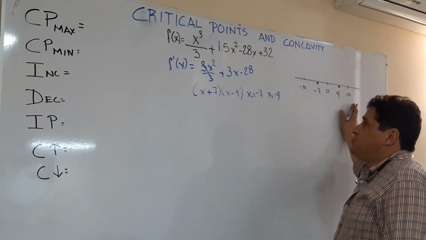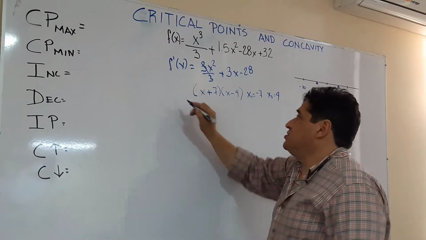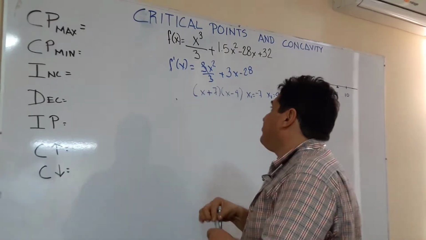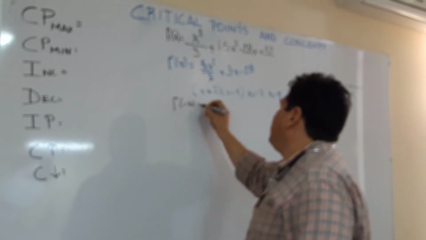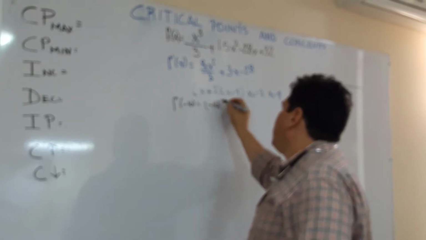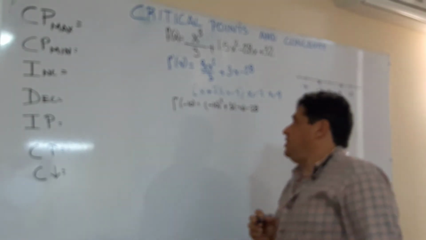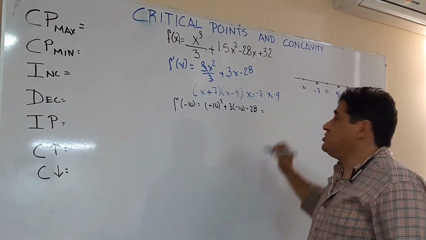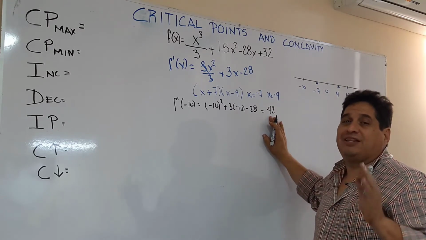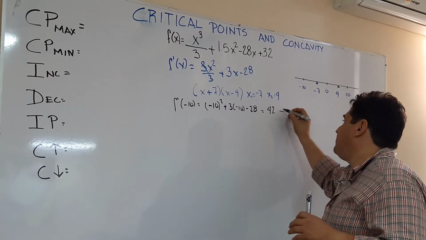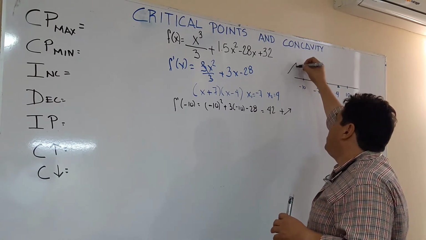Then, those 3 points that I just proposed, I'm going to have to plug into my first derivative. So it's going to be f prime of minus 10 is going to be equal to minus 10 squared plus 3 times minus 10 minus 28, which equals 42. Remember that the value is not what I'm going to be looking at. I'm going to be looking at the sign. So if it's positive, that means that it's going to be upward. So in my minus 10, I'm going to put an arrow going